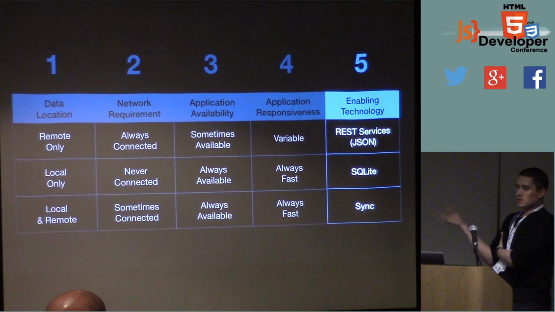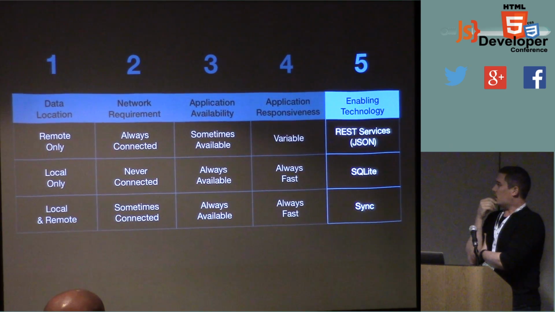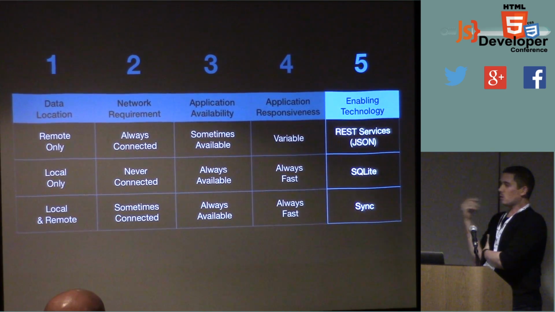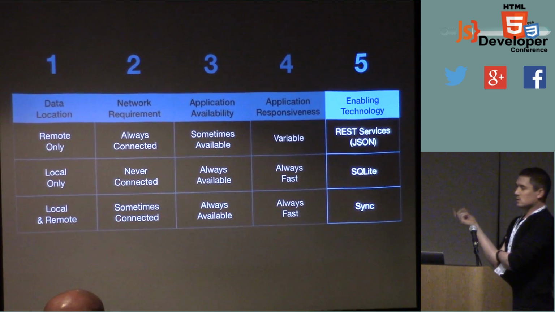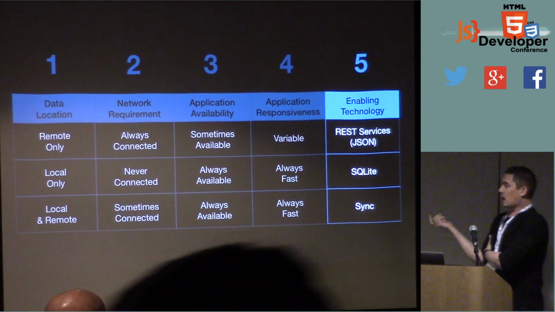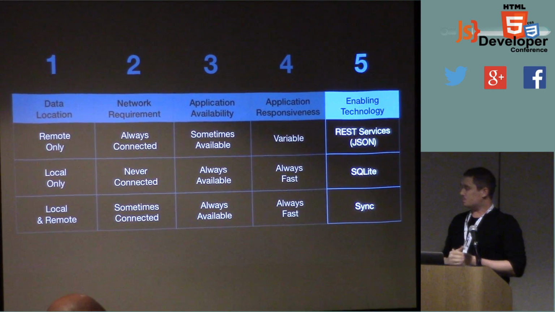There are other ways to enable this strategy, but the most common today is JSON over REST services. The local-only strategy is most commonly enabled using SQLite. It's a very popular embedded database and is available on all the major mobile platforms. And then the hybrid strategy is enabled through some synchronization mechanism. So if we look at that